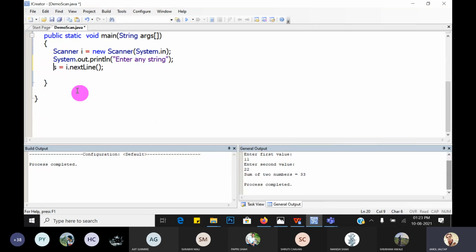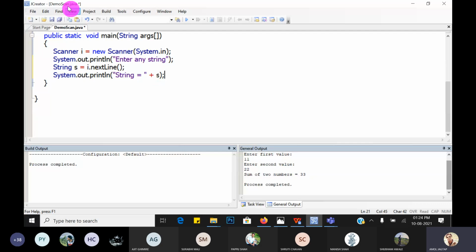So write String s is equal to, and display the string using System.out.println, string is equal to plus s. So this is the code for scanning a string from the user.